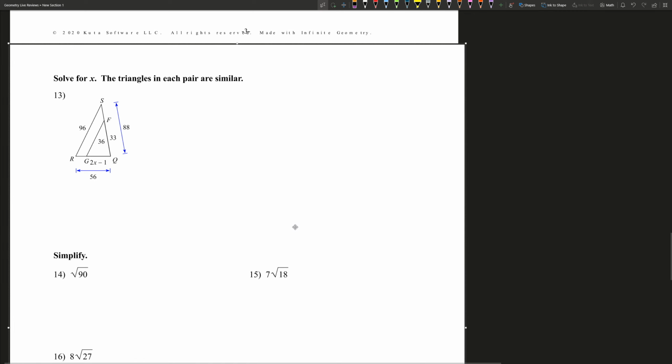Number 13, it's kind of the same thing, except you are given an x. So you're trying to solve for x instead of just a missing side. All right. Again, concept is the same. And in this case, you are given 3 sides of each triangle. So I'm going to draw this again so people don't get confused. If this smaller triangle is red, this side is 2x minus 1. And then the blue triangle,